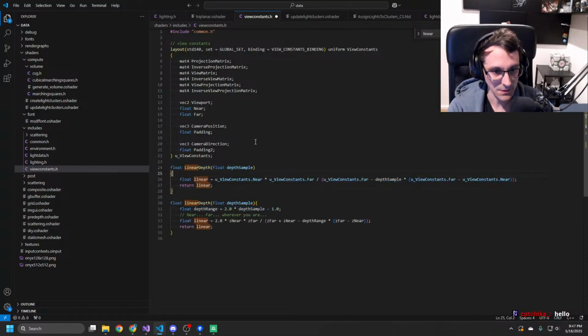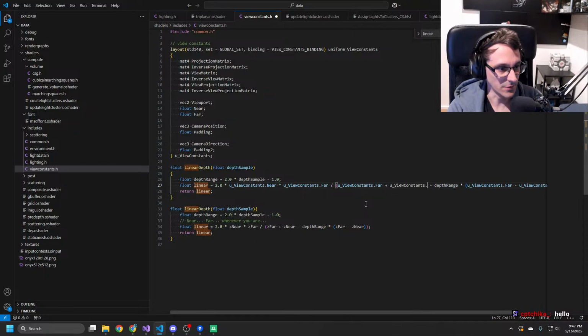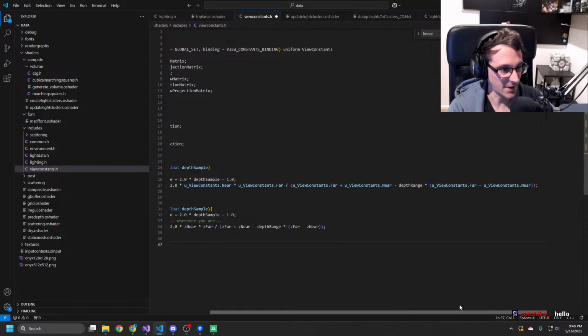So we take that. That's depth range. And then we have 2 times near times far divided by far plus u view constants near minus depth range times that.